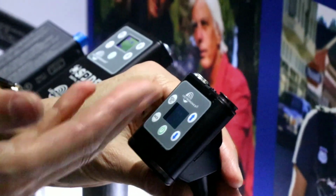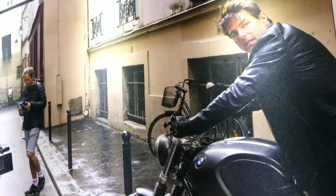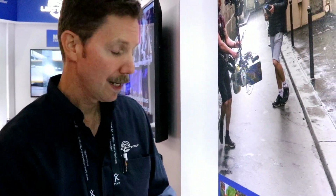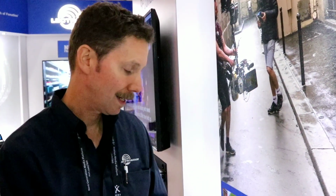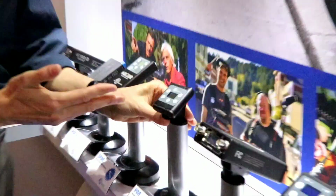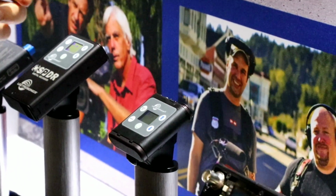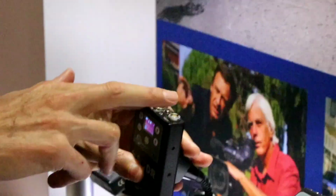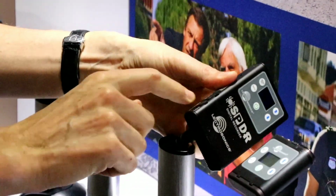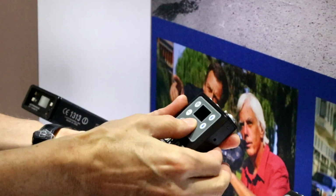In fact, Mission Impossible Fallout, they used it for Tom Cruise stunts when he's jumping out of an airplane or hanging from a helicopter, all those things. So it's gotten great use already, but we've gotten a lot of feedback on this product in the last year about people wanting to have stereo recording, higher sample rate, AES digital inputs, long runtime, external power, and so just this week we've introduced the SPDR, so that this is the product that